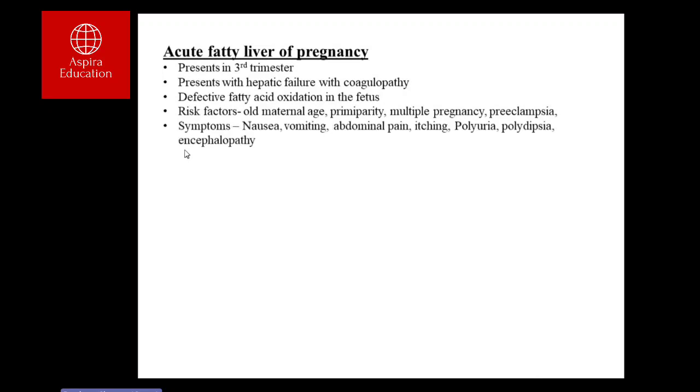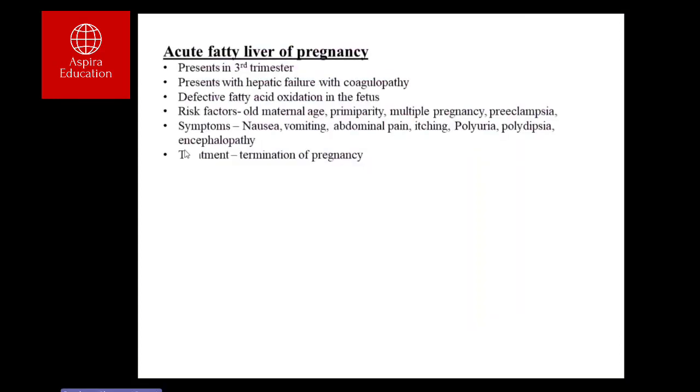Symptoms are nausea, vomiting, abdominal pain, itching, polyuria, polydipsia, and encephalopathy. Treatment: termination of pregnancy is the main treatment here. When you terminate the pregnancy, the fetus and its metabolic products are out of the maternal blood, which will automatically decrease the free fatty acid level in the maternal blood and lead to recovery of the